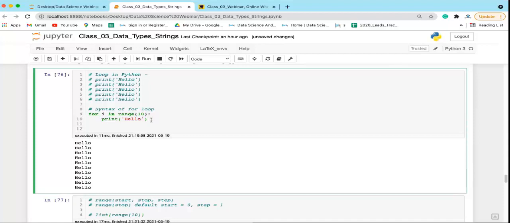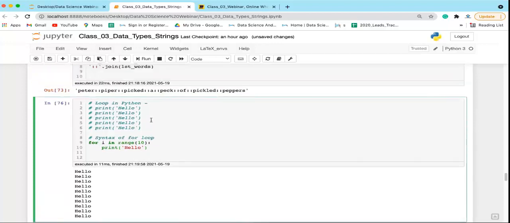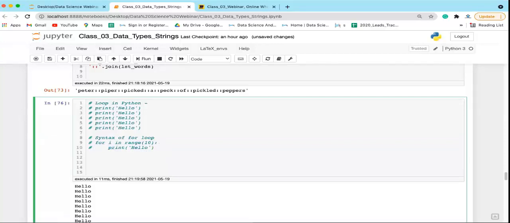Print hello. Now, let's say this is the loop. If you want to execute something 10 times, you can use this syntax and write your code there. Here, instead of writing print hello, you can just write the code. Now, loop comprehension. Loop comprehension is a concept exclusive to Python. Let's say you want to create a list